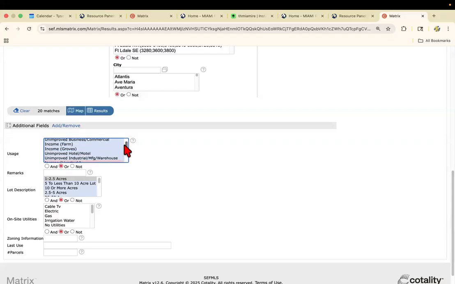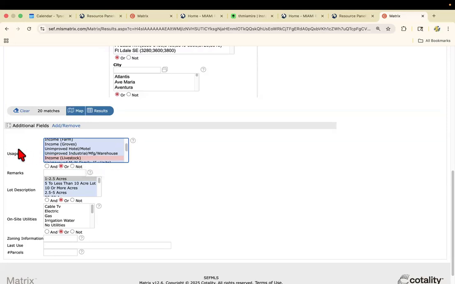Okay, so as you can see, I just made multiple selections in a pick list. If you do not know how to make multiple selections in a pick list, all you have to do on your keyboard is hold down Control if you have a PC, and if you have a Mac like me, you hold down Command. And then that's going to allow me to make multiple selections within the pick list